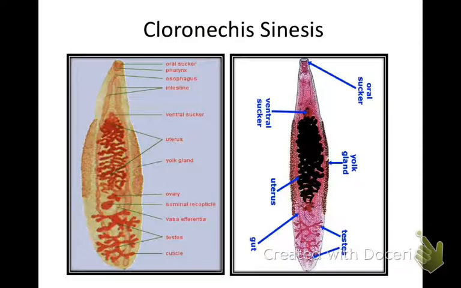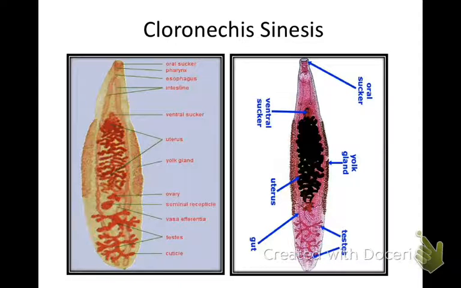So this is an example of the anatomy of a fluke. You can see they have an oral sucker around the mouth, followed by a pharynx, which will help material move into the digestive system, which goes to simple intestines that run down either side of the animal. Then there's a ventral sucker, which again aids in attachment. And you can see in the case of the flukes, a large portion of the interior anatomy is devoted to